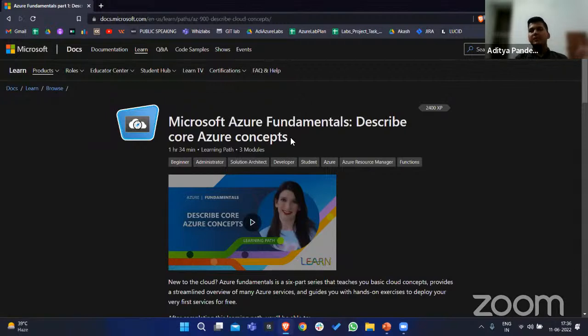But these topics will give you a basic understanding. They will not take you to the deep concepts, right? But it is very important, if you are preparing for a certification examination, to first go through this documentation, but you should have very good content to prepare for this examination.